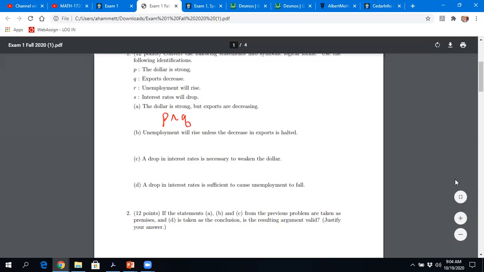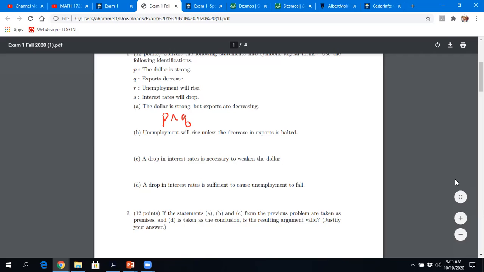This is the one where people seem to be having a little bit of trouble, and I went back and forth as to what to do about it, because there really is a way to read the word unless in logic. Some of you thought that an exclusive or might be the way to do it, which kind of makes sense, but unless actually is a rigorous logical term.